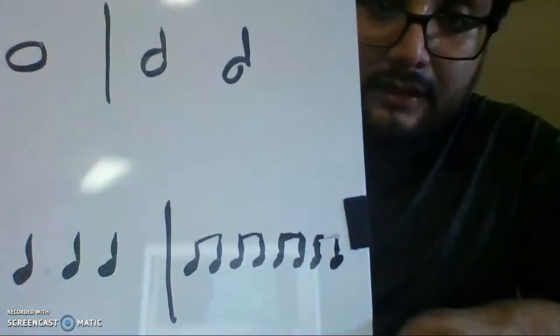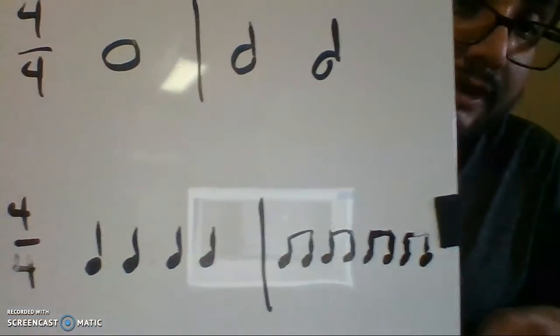Good afternoon. All right, so today we're going to learn how to count rhythms. We have tried other strategic ways which haven't been working, so hopefully this will work today. Starting off, before we continue to what's going to be on the test, we're going to first start off with